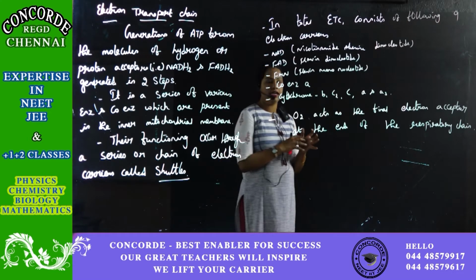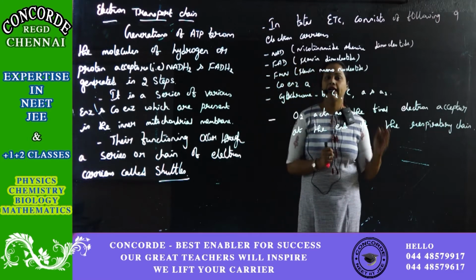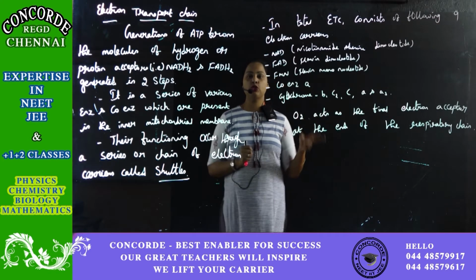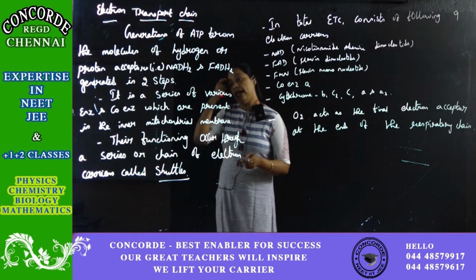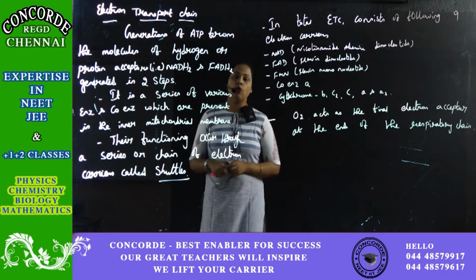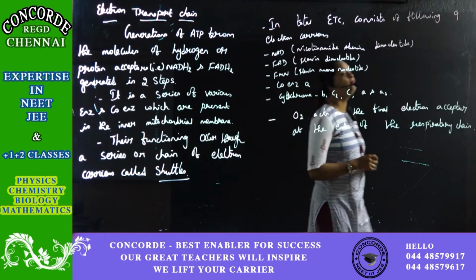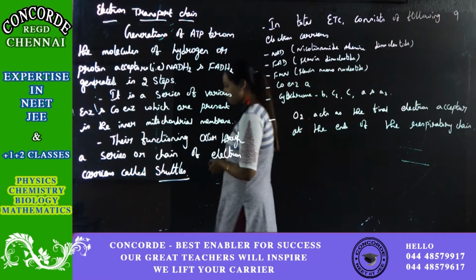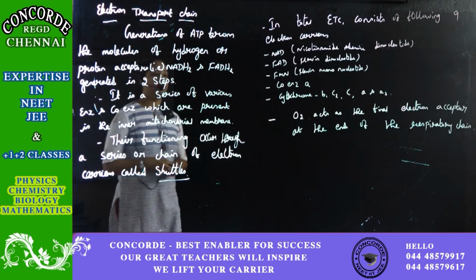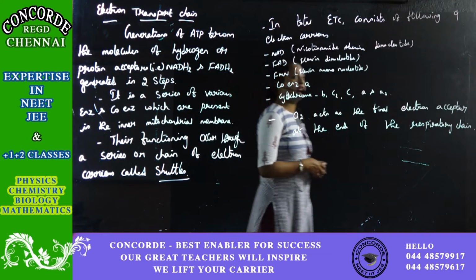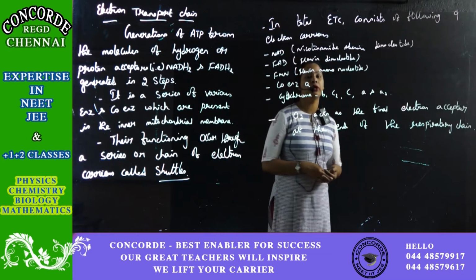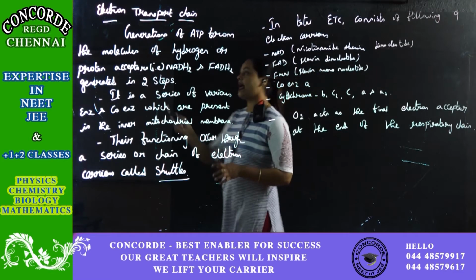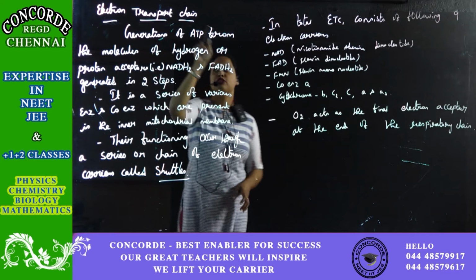Once ATP is released, NADH2 or FADH2 will be passed on to the mitochondria. Once it passes on to the mitochondria, the electron transport chain starts its functioning. The word clearly says here that electrons will be transported in a continuous circle manner. So that is exactly what the electron transport chain is about.